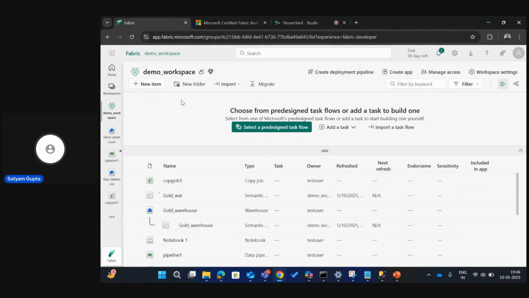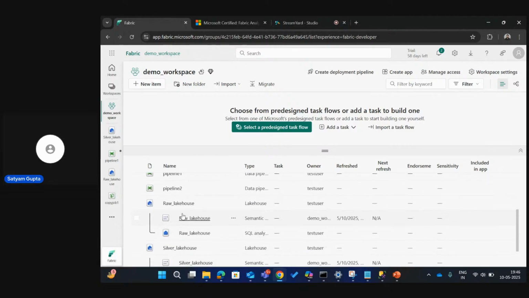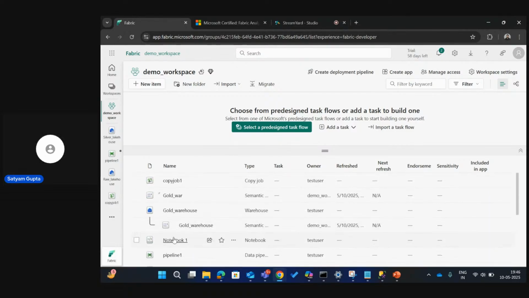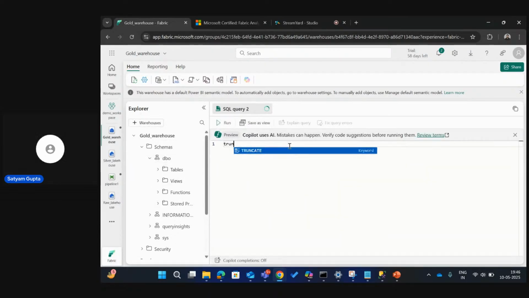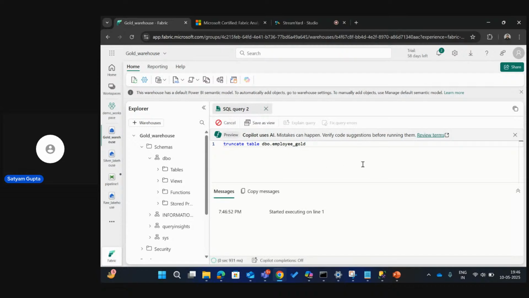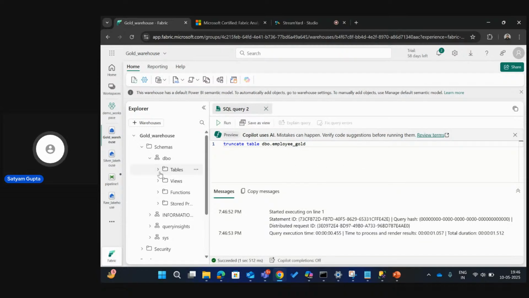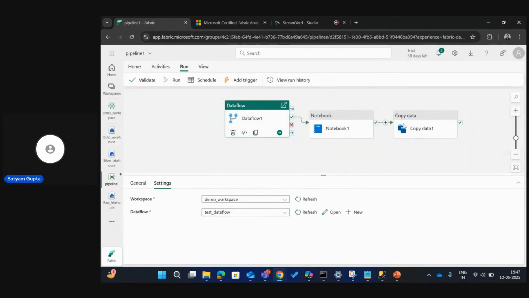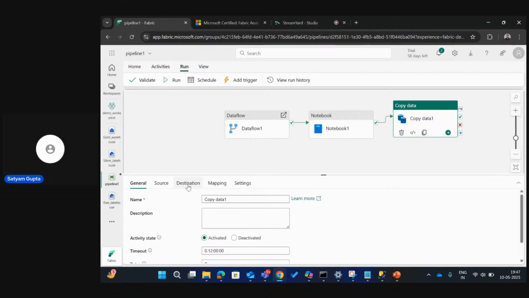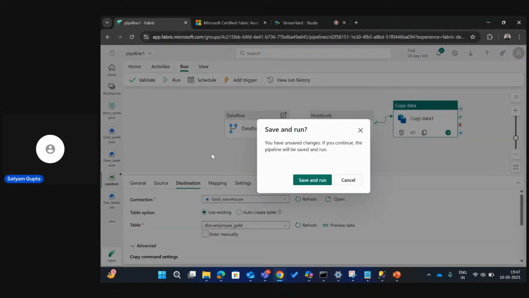Anyway, if I go back to the gold warehouse, let's say I delete the data in the table. So this table now should be empty. Yes. And if I go back and run the pipeline now, let me see the destination. Yeah, if I run it now,